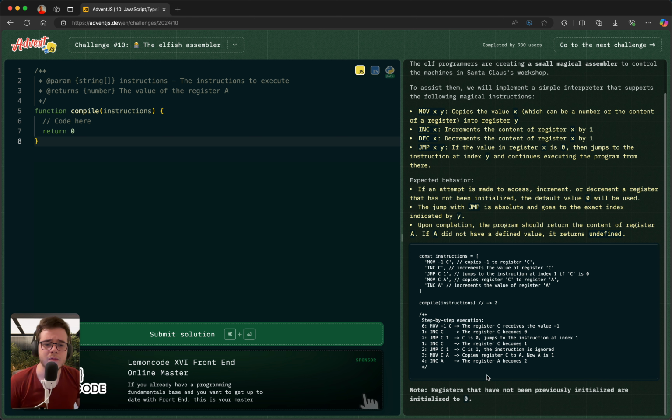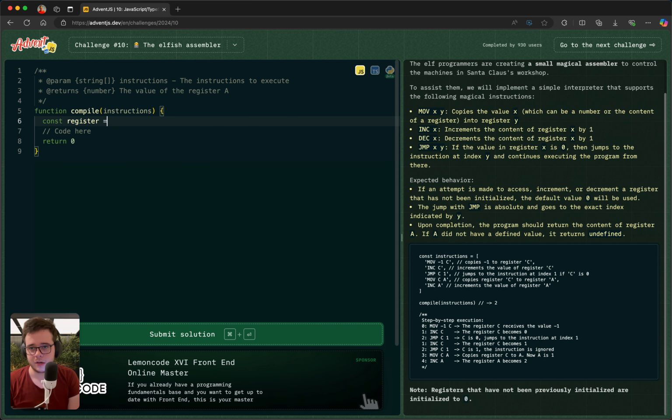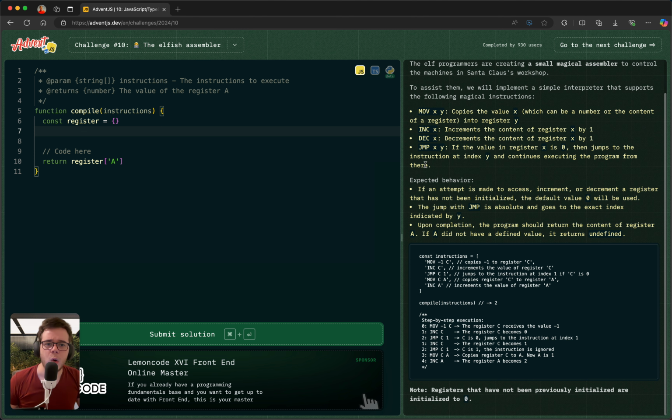So as you can see here, the expected value of this function should be the value of the register A. So I think we can initialize a register object, and what we need to return is the register A, right? Oh yeah, I think that's okay, because we can use the dot, but I think this looks better. Okay, so now we need to control